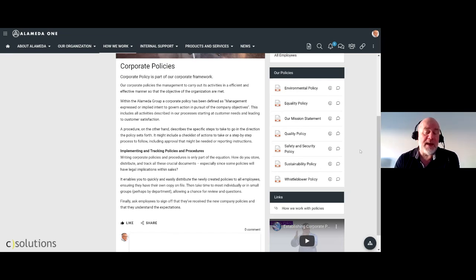So it could be HR, a production team. Perhaps we have a quality and environment department or something like that. But still, from an end user point of view, we have collected all the policies and are showing those here. So this is a simple example of how we can gather documents that are related and present them